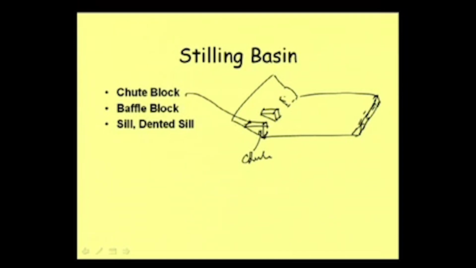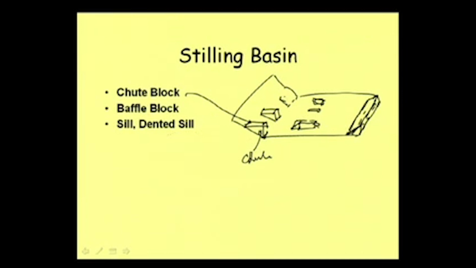That means I can just put an arrow. Then in between again we can provide some baffle blocks. These we can provide like this, and of course this shape can be different. We can have some baffle blocks placed here. Several baffle blocks we can place. Now, I am not drawing that in detail, and then at the end we are providing a sill like this,